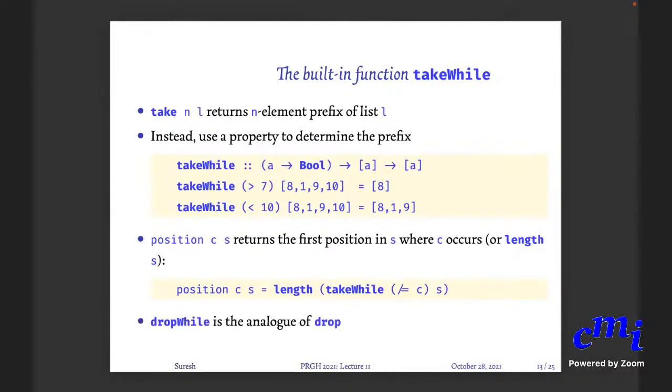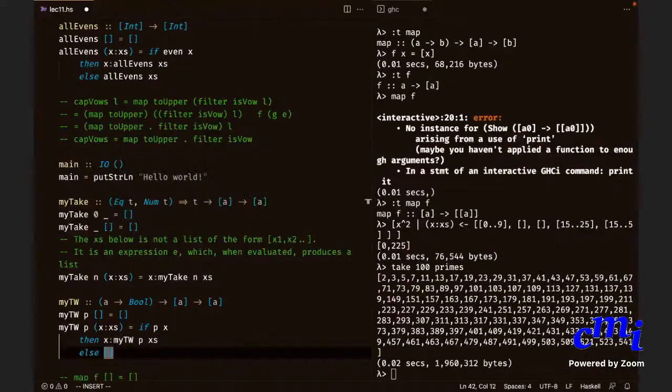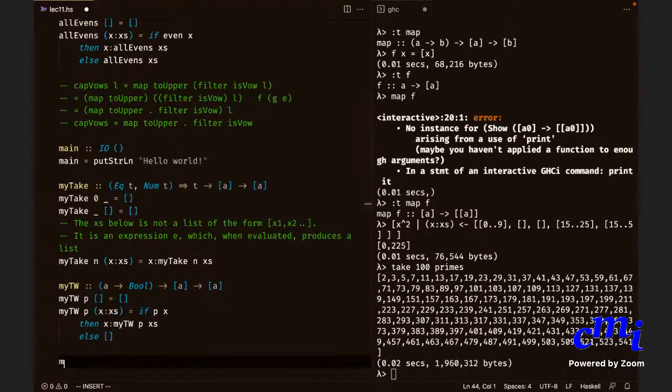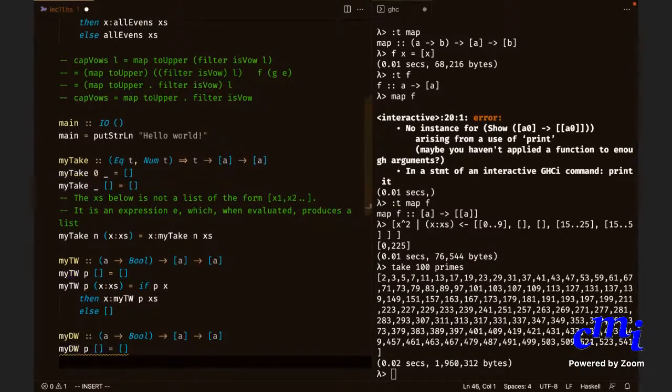Yeah, and you have dropWhile also, which is exactly like drop, but with a predicate. Can somebody now dictate my dropWhile? My dropWhile P of empty list is empty list. Srimati, you have been silent for a bit.